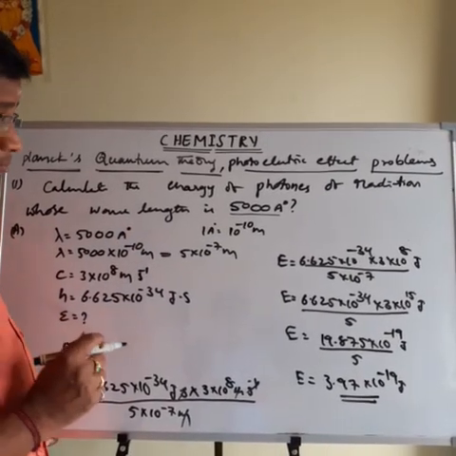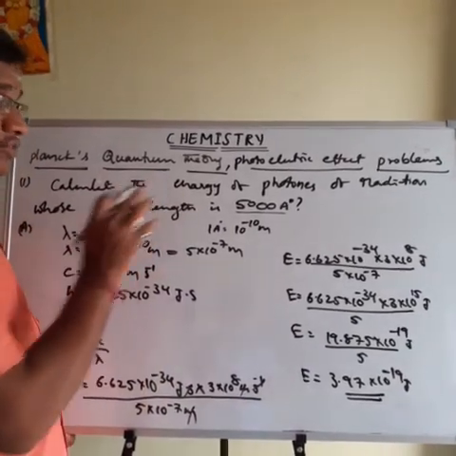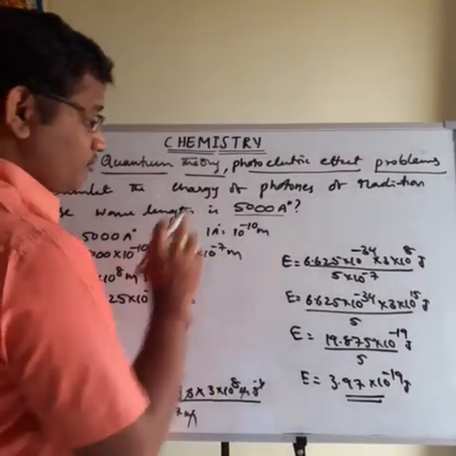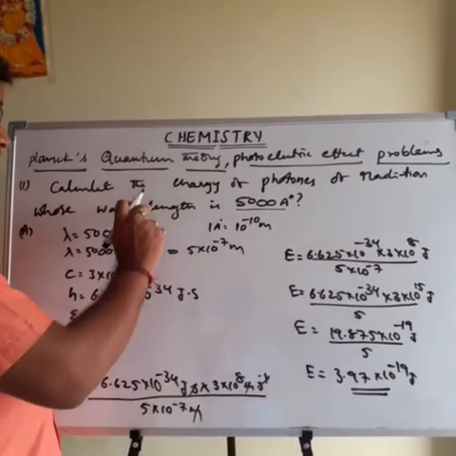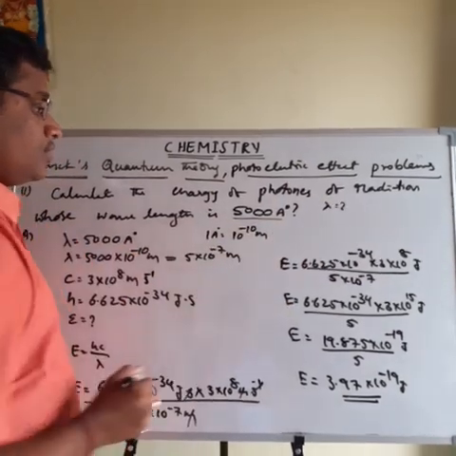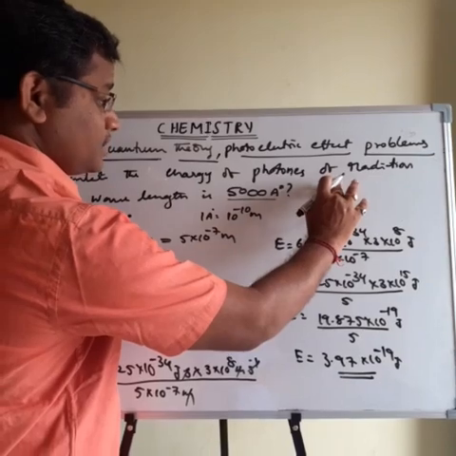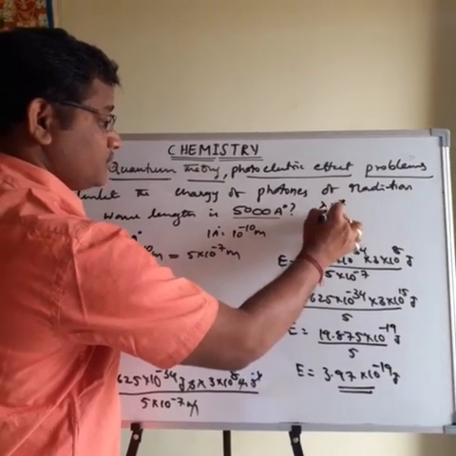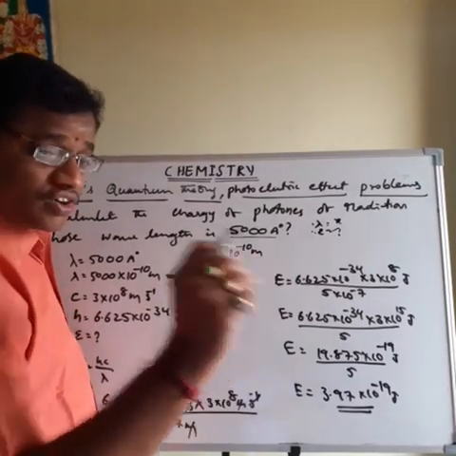So here you remember one concept. In any question, first see what they have given and what we have to find out. For example, once you read the question, they have given the wavelength lambda, and we have to find out the energy. So lambda is given as some x, and energy we have to find out. What is the energy-wavelength formula? Then you think of that formula.